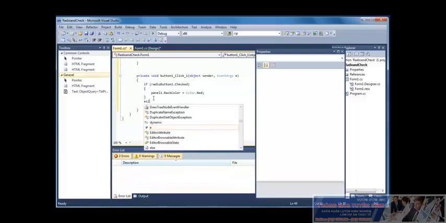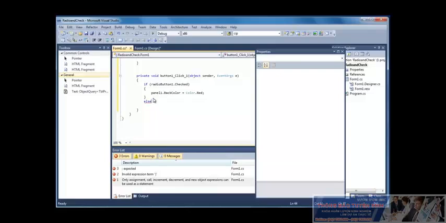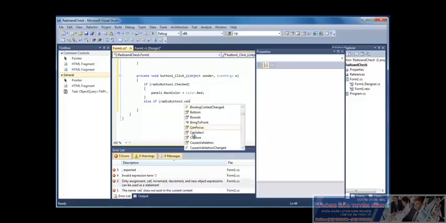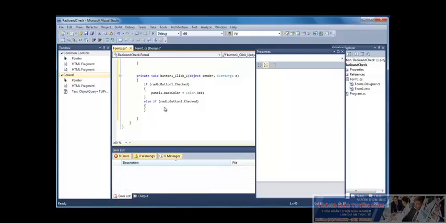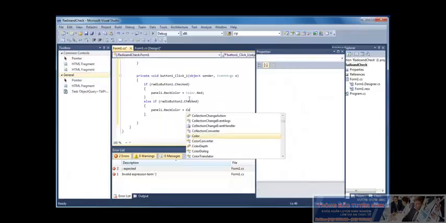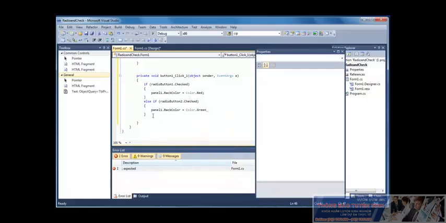and then I'm going to put an else in. So else if, so this time we're looking at radio button 2, we're going to see if that's been checked. Has been checked, and of course we want to set panel1's colour to, what did we choose? Let's just drop back into that, which shows green. So Color.Green, and of course we could just have another else just at the bottom here,